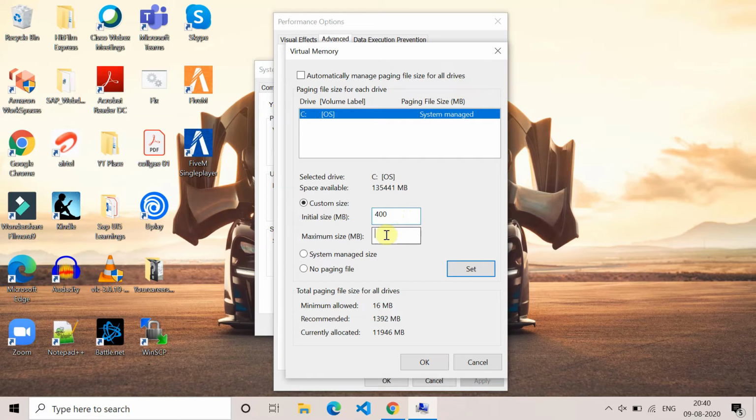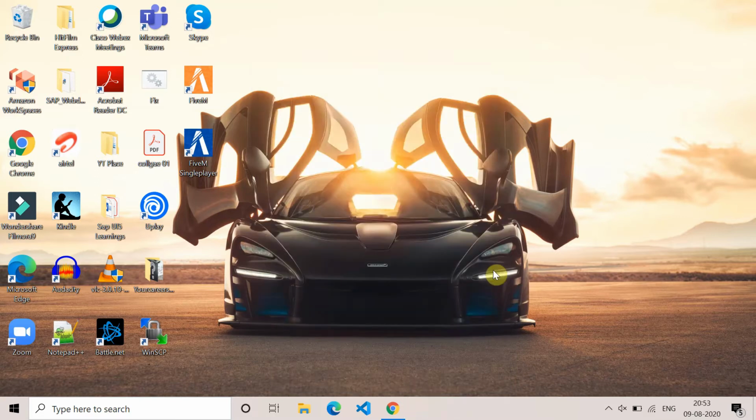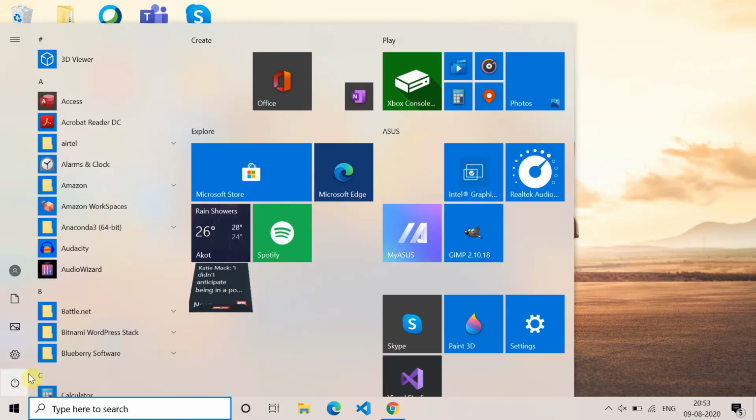Most games require 2.5 GB, so here we are assigning 3 GB size. So hopefully your game will run properly without any error. If you are getting the error while installing the game, then change these settings and again try to run your game and check whether the error is coming or not. After the custom file changes are done, you have to restart your system.